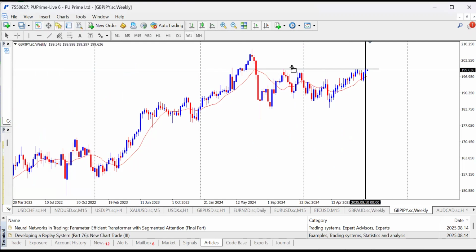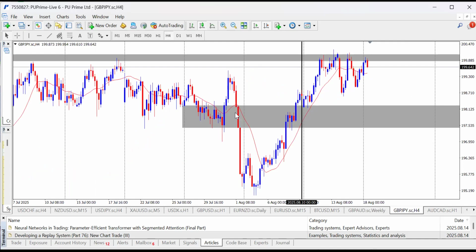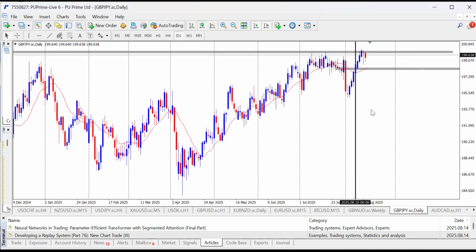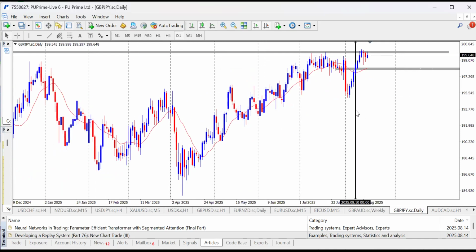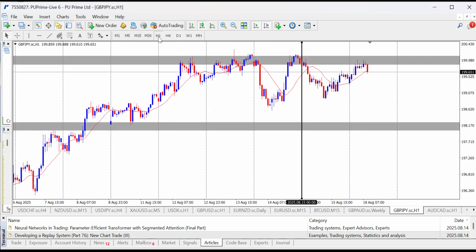So the nearest support level for me, I like taking it from the weekly time frame, is here. This level, right? So that level is the area I love to see sellers get to. So I'll go to daily time frame as well. What did last week's candle do? This will give us a hint to know what we are going to do. So I go to 1 hour time frame.